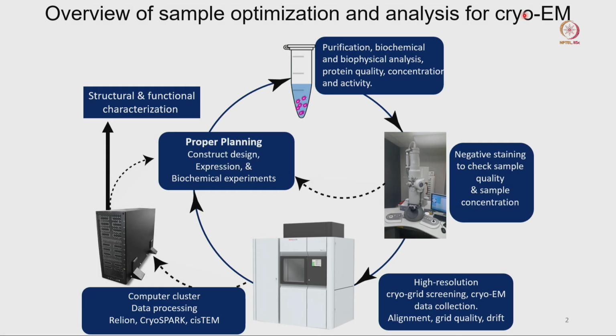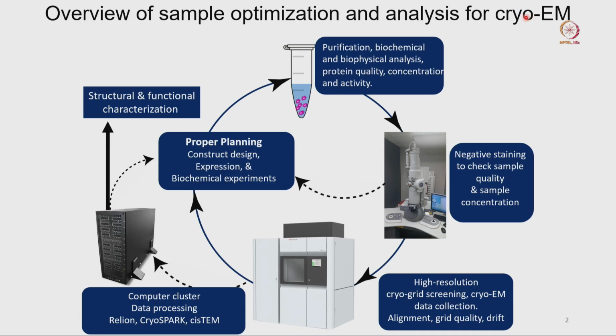Generally, for X-ray crystallography and NMR we need a huge amount of protein sample. Generally 5 mg, 7 mg, 10 mg is the minimum required to get a protein crystal or for any kind of NMR study. But for the cryo-EM study, generally a small amount of protein sample is good enough. That is small compared to X-ray crystallography and NMR, but still that concentration is high.